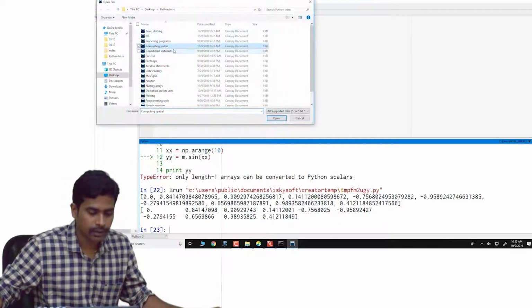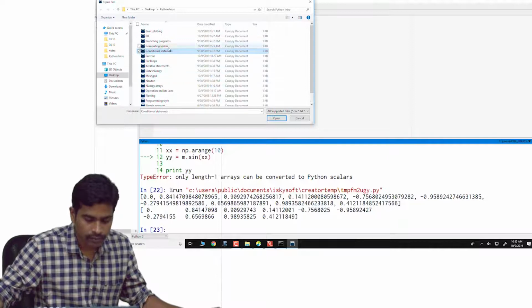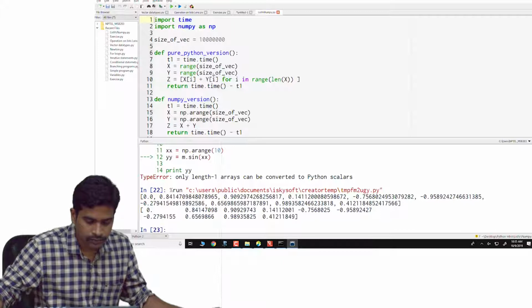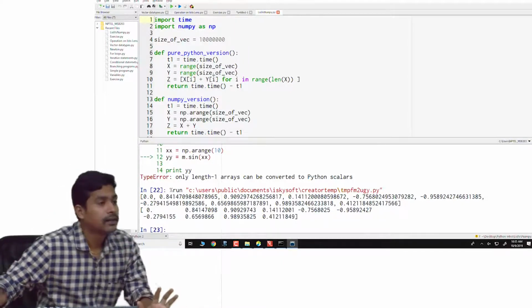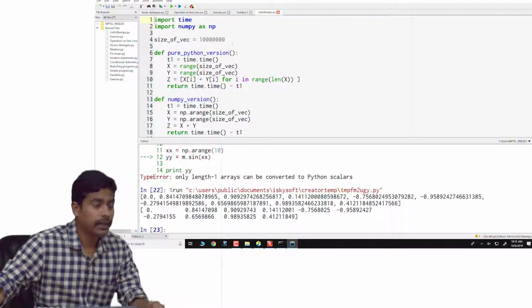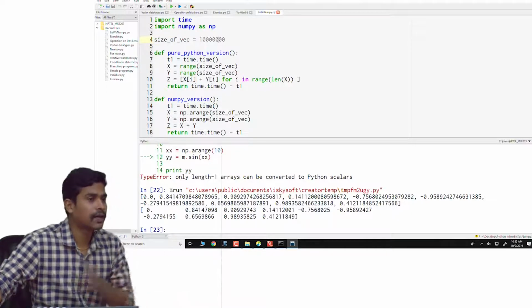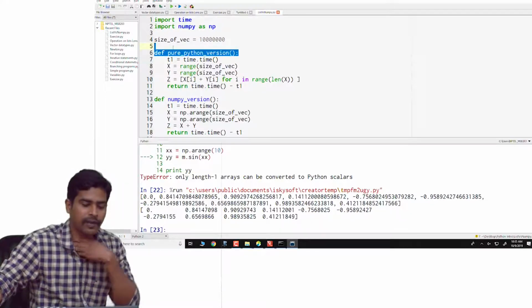I'll see if I have the program. Yeah, this is a simple program I have written to compare the efficiency and speed of operations when you use numpy and normal lists. Here I'm taking a large number of iterations, 1 million iterations or so, and defining functions.